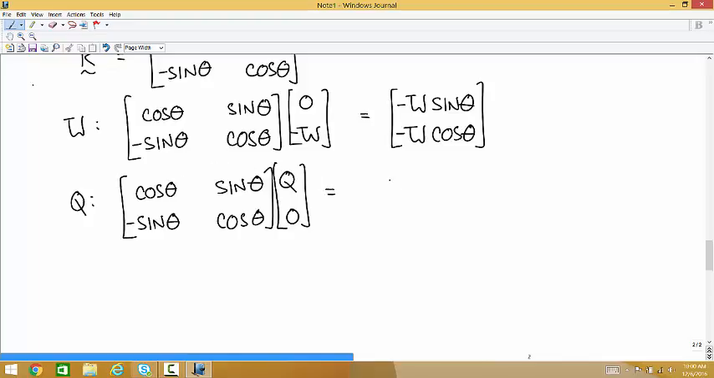And when you do that multiplication, you get Q cosine theta, negative Q sine theta. So most likely those equations, Q cosine theta and negative Q sine theta, are the fixed equation if we're using it for a problem. We use this equation for